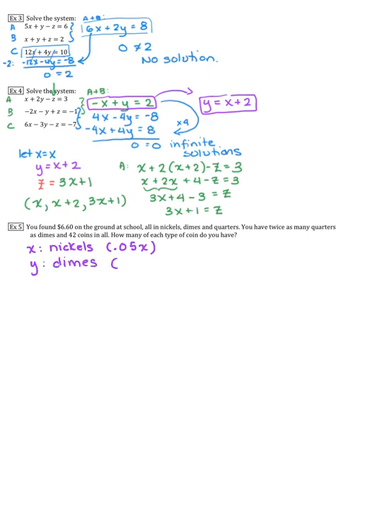Remember that dimes are worth 10 cents, so 0.1 times y represents the value of each y. And z is going to be my quarters, which are worth 25 cents. So when I'm talking about the value of something, each z is worth 0.25. So in general, when you're dealing with numbers of tickets and costs of things, these type of equations are going